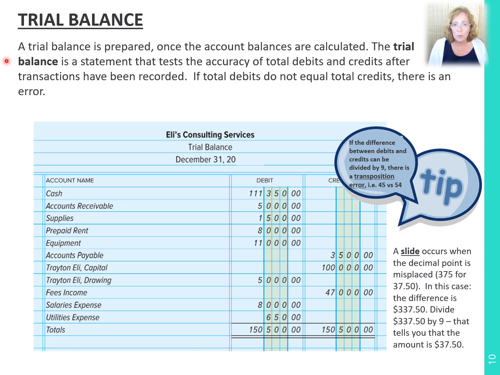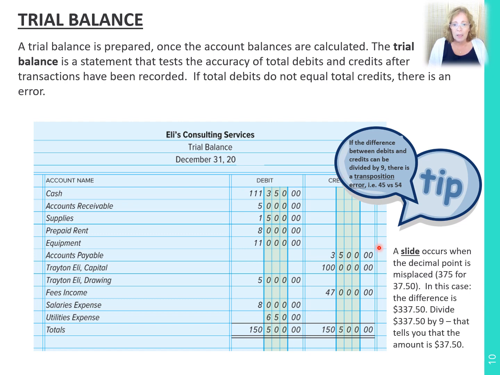Here are a few tips for finding what transactions you might have recorded incorrectly. If the difference between debits and credits can be divided by 9, there is a transposition error, like for instance 45 or 54. So if the difference between debits and your credits is divisible by 9, that means you've transposed something. Meaning, for instance, you entered $3,500 on the debit side and $5,300 on the credit side. The difference between $5,300 and $3,500 is $1,800, which is divisible by 9, and that would therefore be a transposition error.